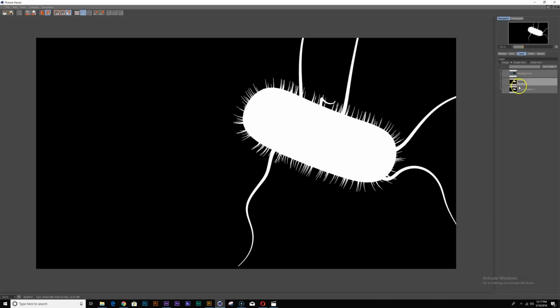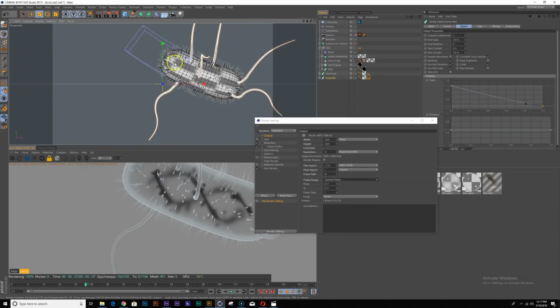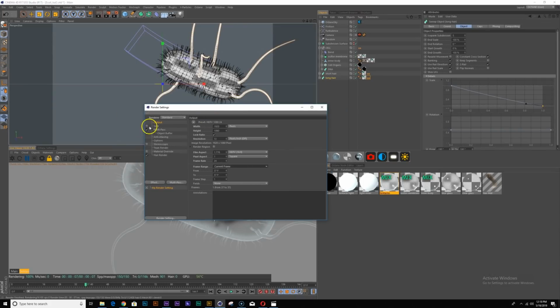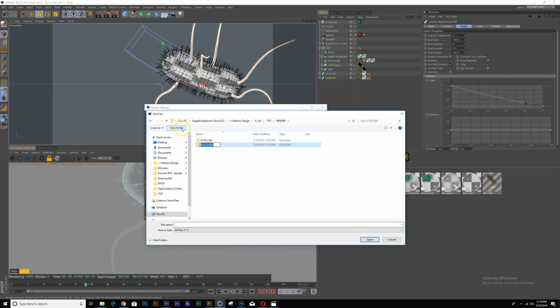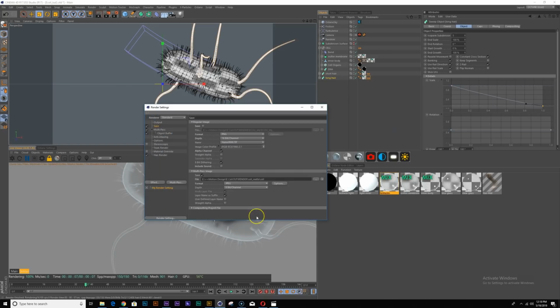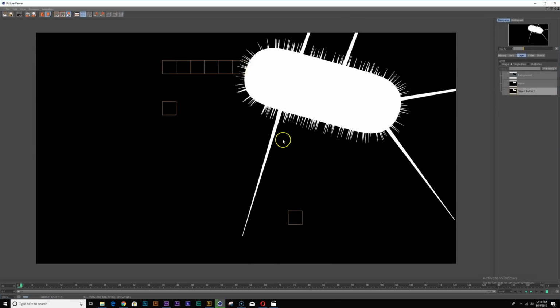Actually, we might not even need that because we have the alpha, but let's just use this. So let's render out the sequence. I'll put all frames, save. I don't need the regular image, just the multipass, and I'm just gonna save a JPEG. Let's go into our folder and add this, our cell mat, and let's quickly render this. It should be fairly quick.